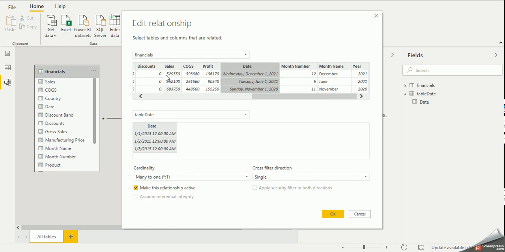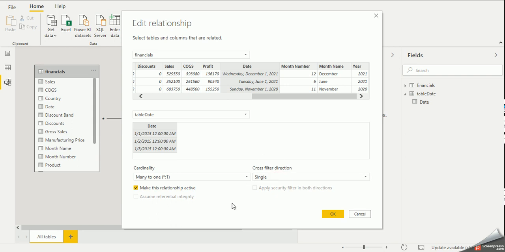So the relationship created is many to one. If I reverse it, if I bring the table date over here and connect the financial in the lower part, it will be one to many. And single direction, I will let you know later what single direction is.